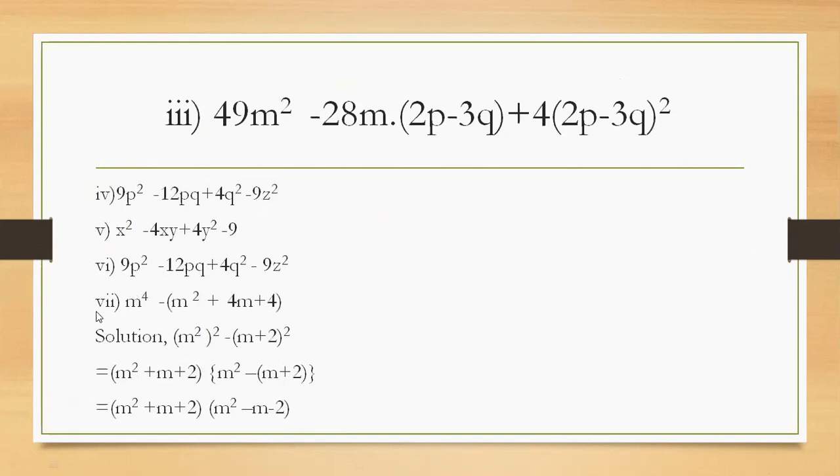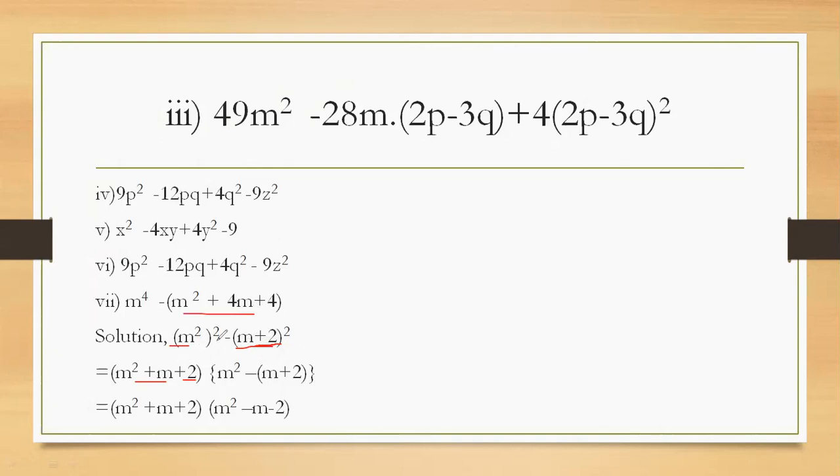And here, next ones, 4, 5 and 6. Okay, this 7 also we have to factor like this. Look, I have shown number 7 here. A means m square whole square and B means this m plus 2 whole square. This B means m plus 2. This is A. Then we have written A plus B whole square. A plus B whole square means, look here, m plus 2 whole square.